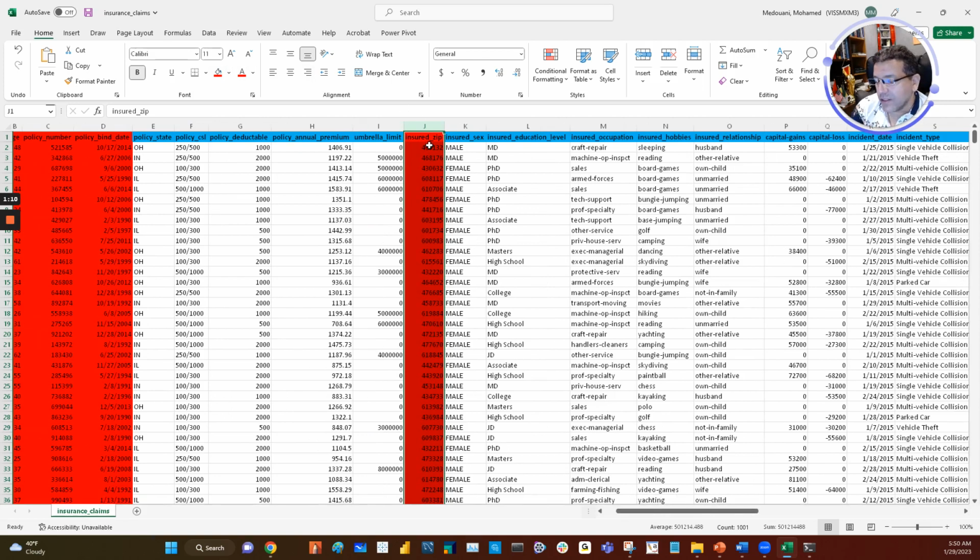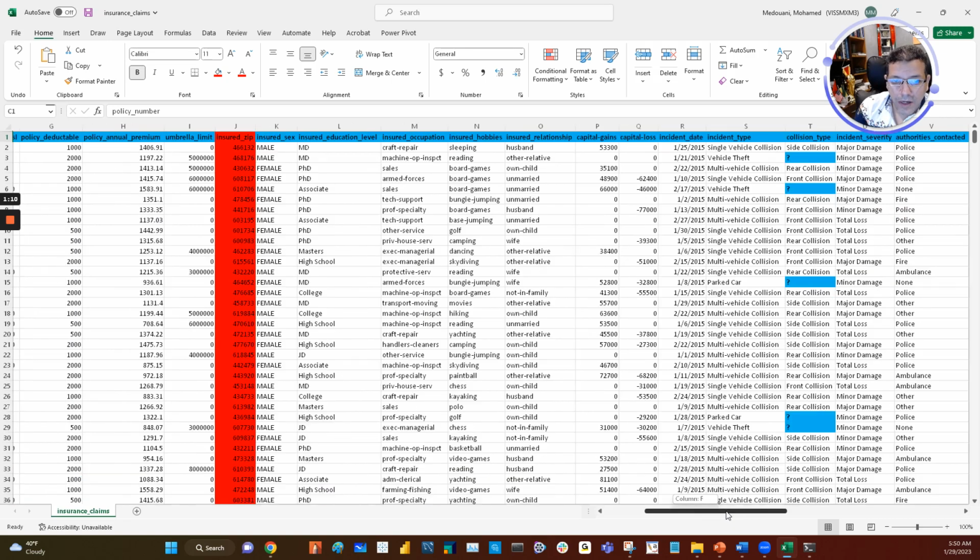No, it's not. No, this is not an ID. Why did we remove zip code? Because it is the same information as the state. It's high cardinal, hierarchical. Insured sex, level, insured occupation, insured hobbies, insured relationship, capital gains, capital loss,